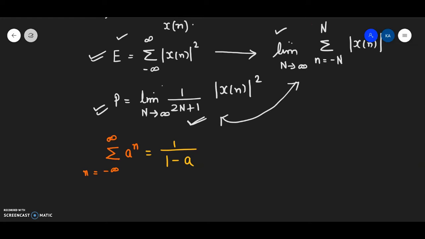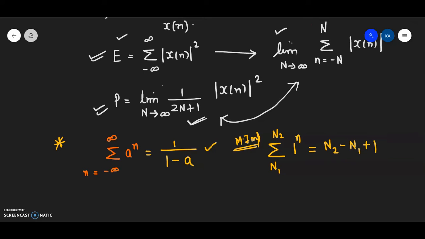So if you are able to remember this, if you memorize this, things become very easy for you when you solve these questions in your semester examinations. Another very important form that you will be encountering while solving the problems is at times you will get a summation running from n1 to n2, and here you will be having 1 to the power n. Now this becomes very important because at times a number of students get confused when they see 1 to the power n and the limit runs from two different values. n1 and n2 can be two different values, and you have to memorize this. This will make your task very, very easy.